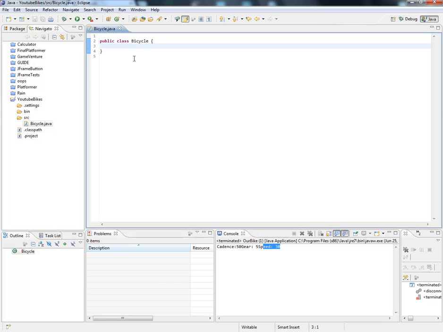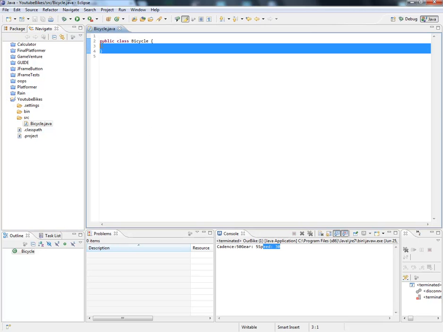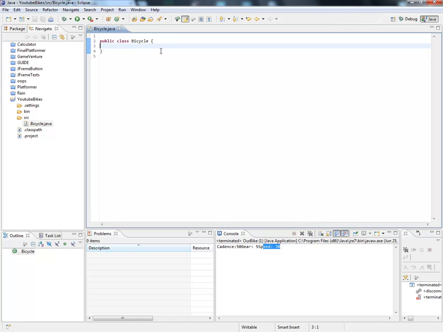What that's going to do is create our class, public class bicycle. This is our constructor, and it is perfect. So what we're going to do is create three integers. We are going to do int gear equals 0, int speed equals 0, and int cadence equals 0. Okay, and now what these are doing